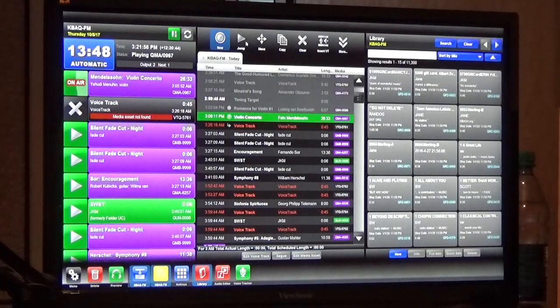There you go. So that's kind of the basic, down and dirty how to use the basic part of the system. Obviously, there's tons of bells and whistles. Some of the bells and whistles are probably for different types of format stations. But ideally, if you get these basics down, you can expand from there. So that's usually what I tell everybody else. I want to make sure that you've got a handle on that before you start pumping your brain full of all sorts of stuff, because if you get too much knowledge into everybody's head, it just